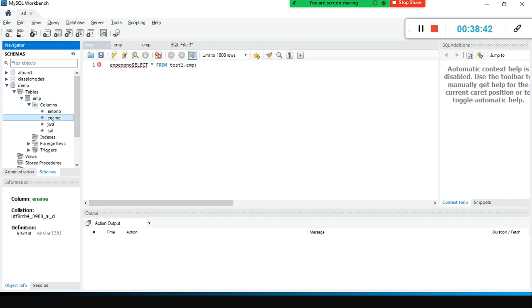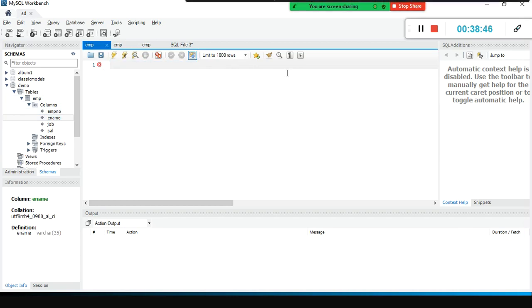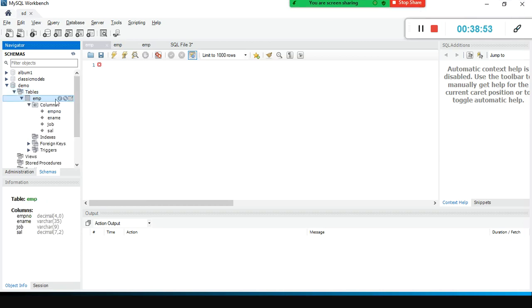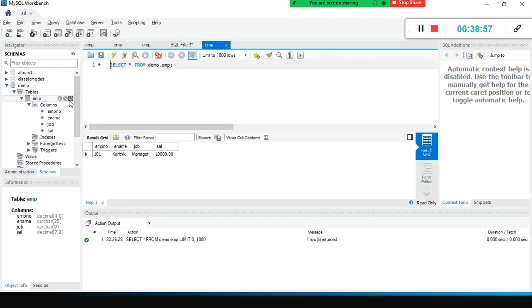If you want to see the columns also, you can find them here. Yeah, so this is the employee table. You select the table name and you can find an icon like this. When you click it, it will automatically generate a query like this: select star from demo.emp.